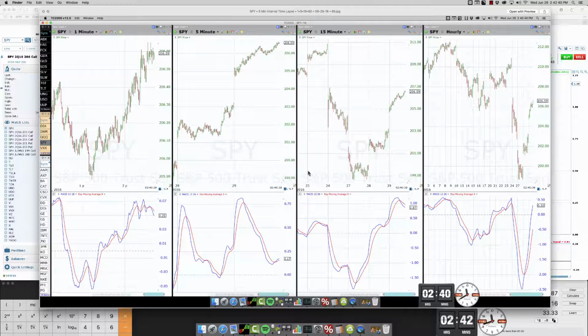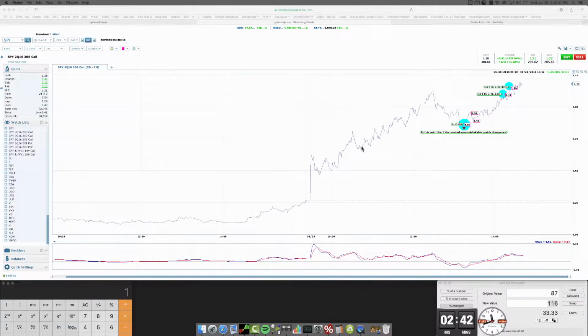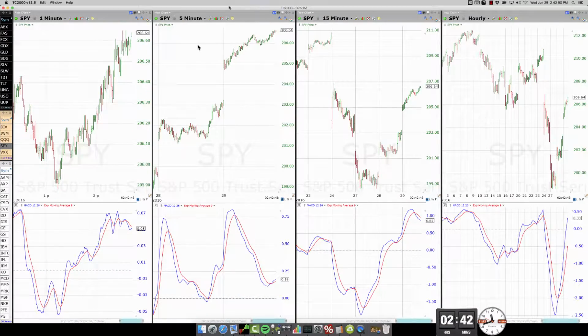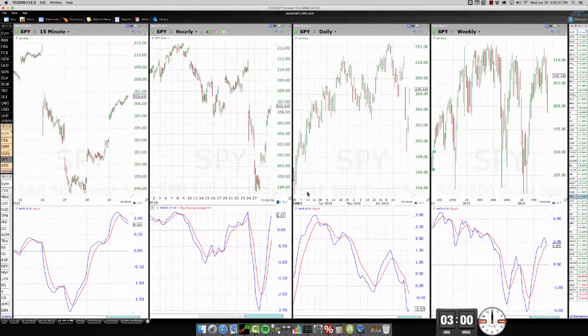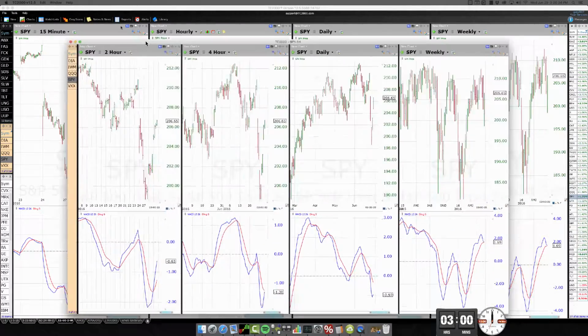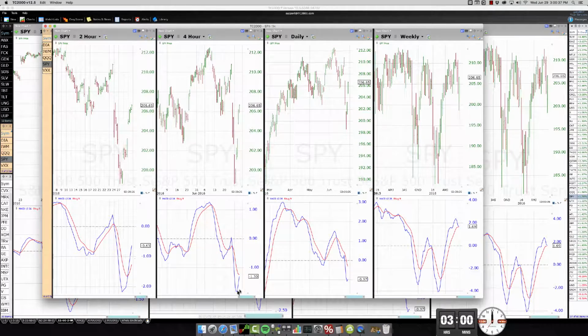Then the price starts meandering over here, and it looks like that 5 minute wants to bring the price down. Isn't that interesting? 3 o'clock, we had this drop that was obvious over here, and then continuation again. Larger context, extreme poise on that hourly. Take a look at that 2 hour, the 4 hour.